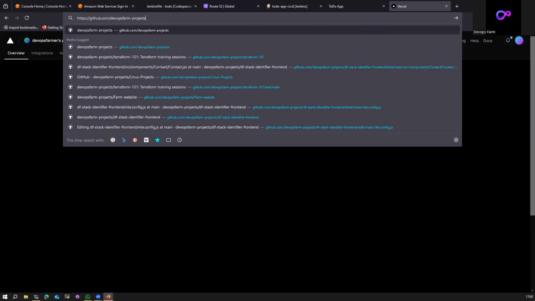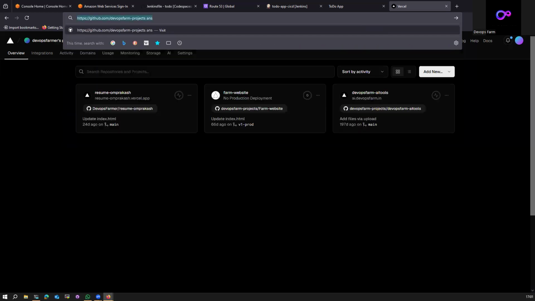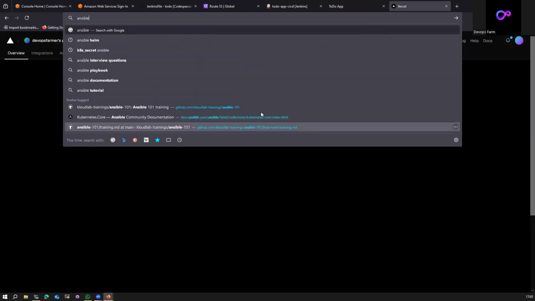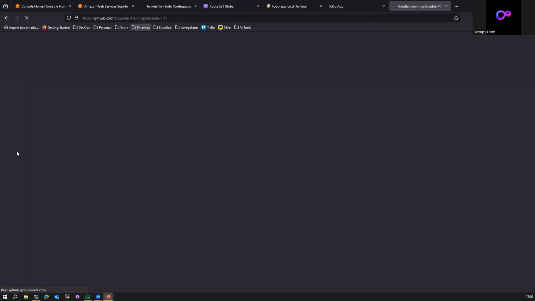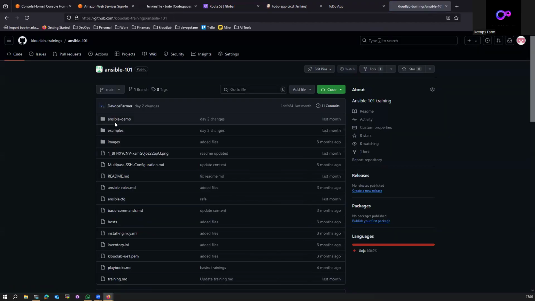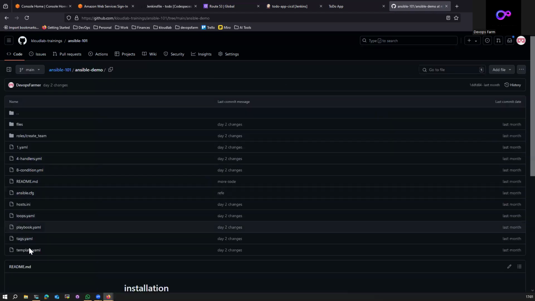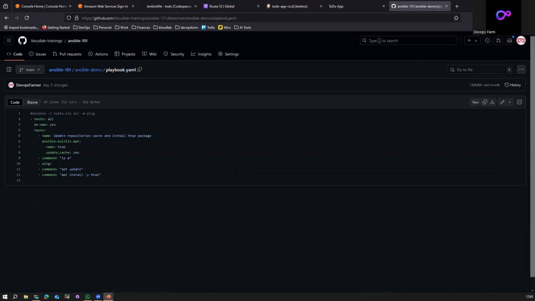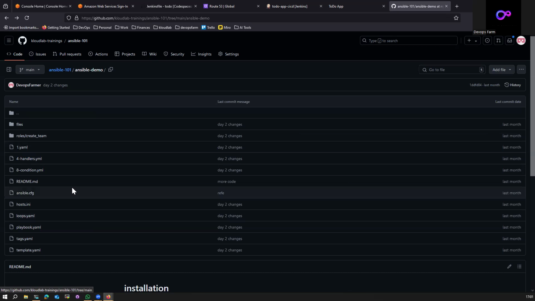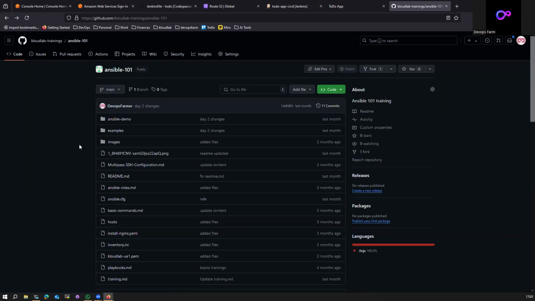Yeah, this one. In this, we have the Ansible demo folder, and here we have all the things. So I can share an Ansible playbook that will install Jenkins and Docker. And you can run this Ansible on the AWS machine where